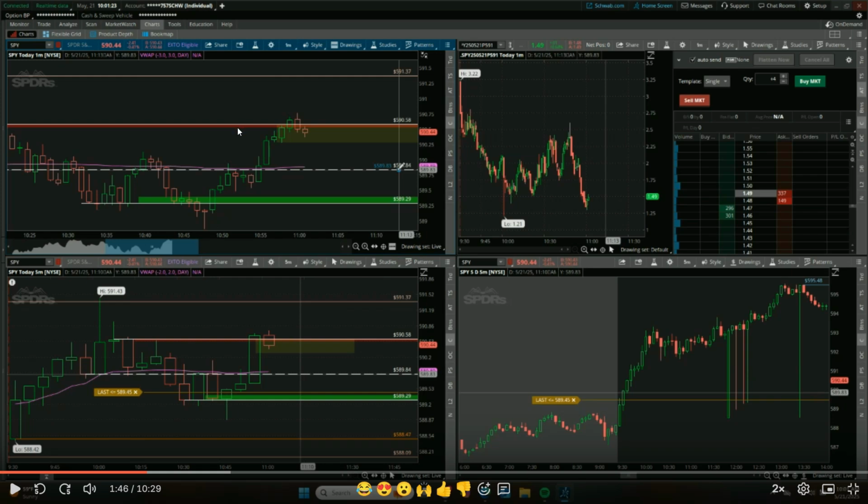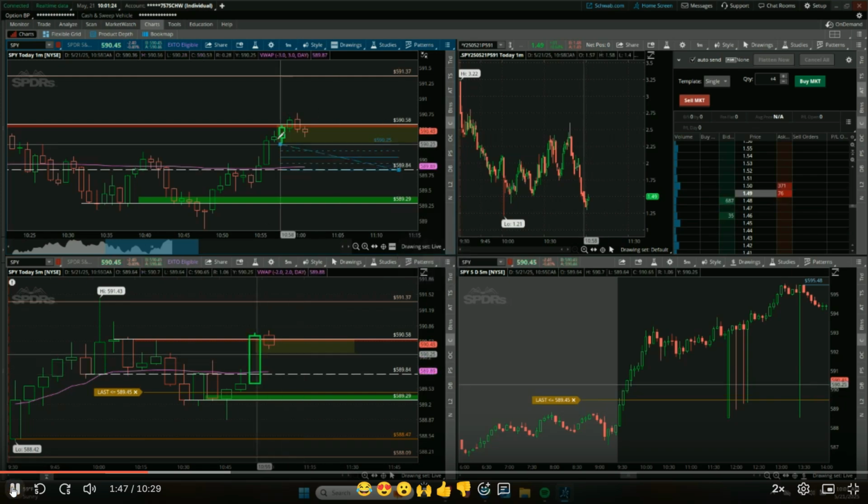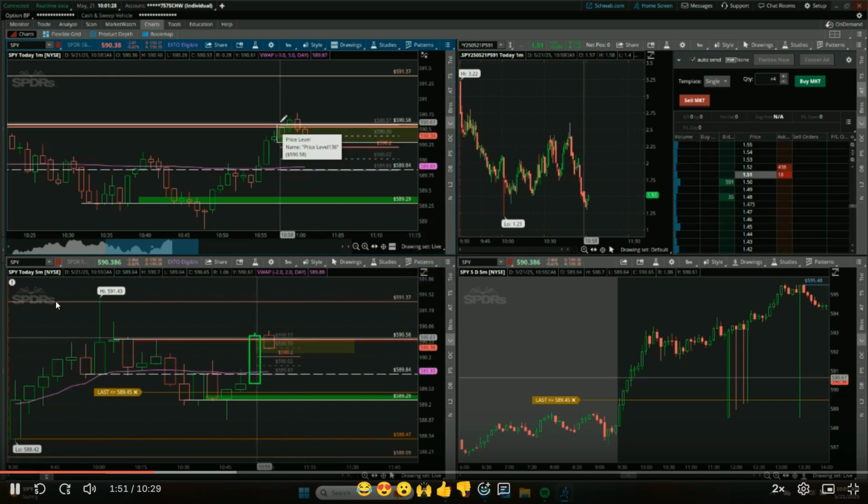So it gets up to the supply zone, and my expectation is for it to turn around and go back down, at least for some time. And not plan this out completely, but the idea was for it to come back down to V1. That's what I thought it was going to come back to. So let me continue this.